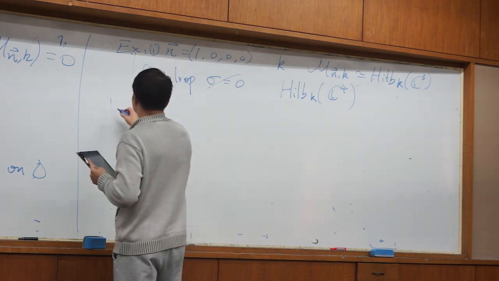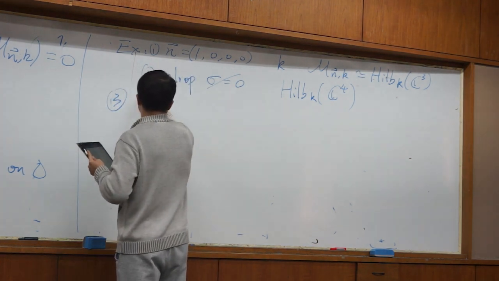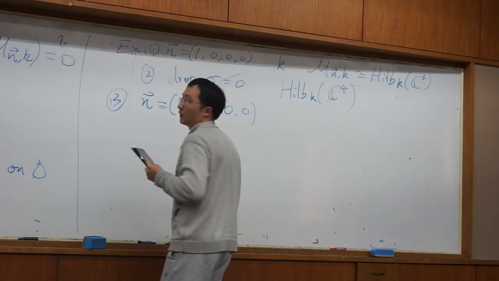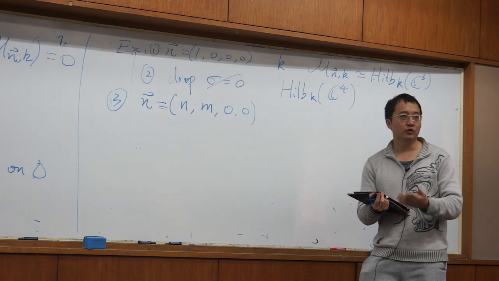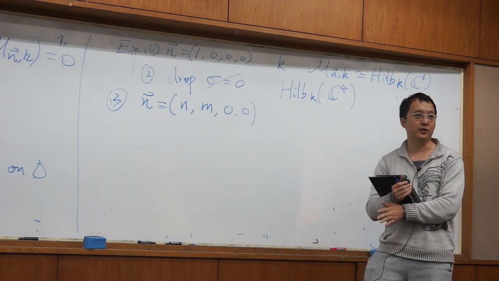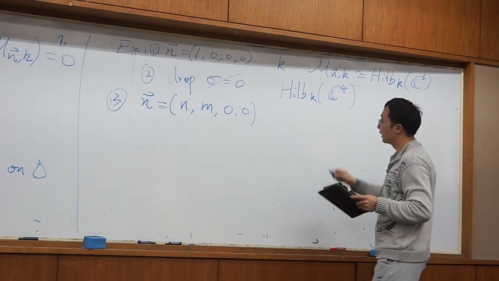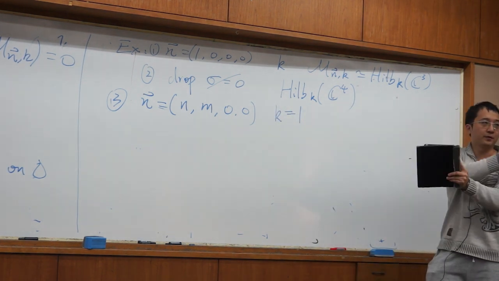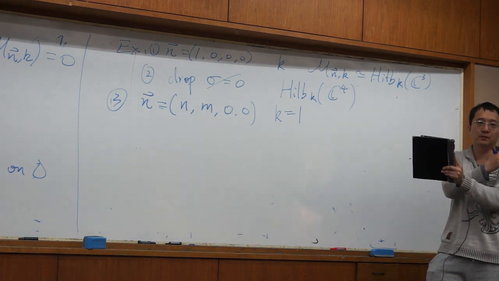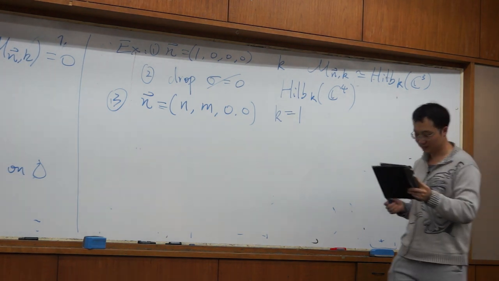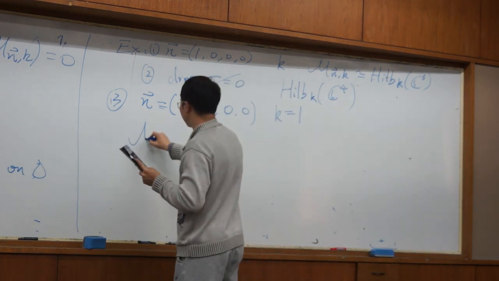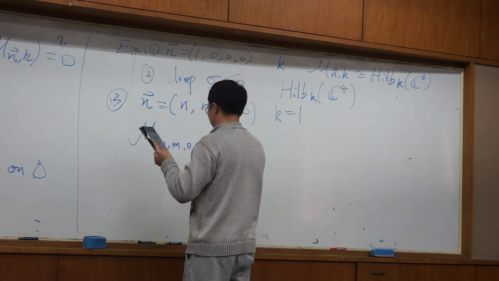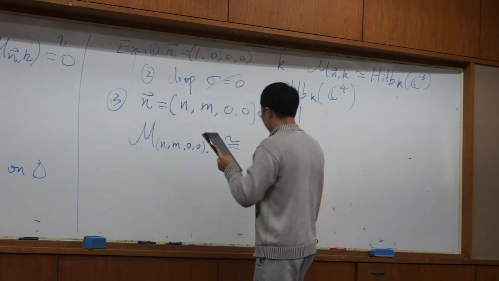There is one more example, when this N vector is (n, m, 0, 0). So I only include two different sets of D6 branes which are intersecting with each other, and let's take k equals 1. So we have one D0 brane probing two different sets of perpendicular D6 branes. Then in this case, the moduli space, at least as a set, is the same as